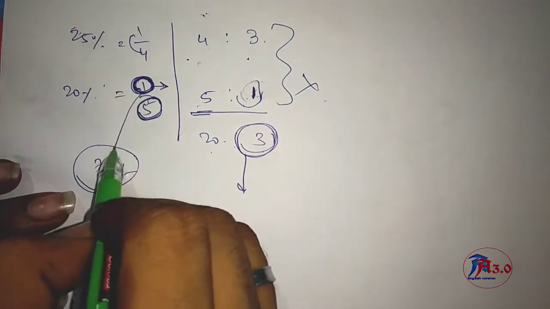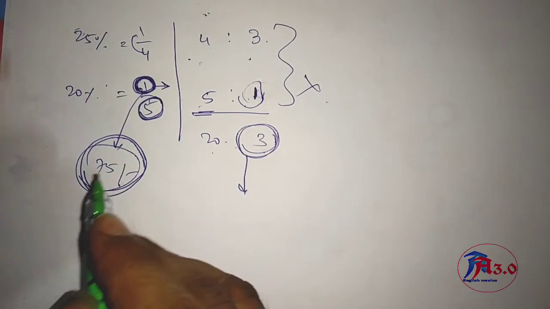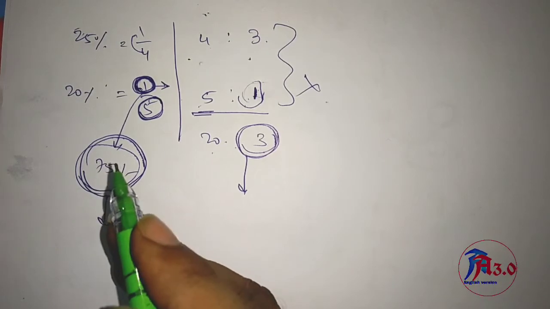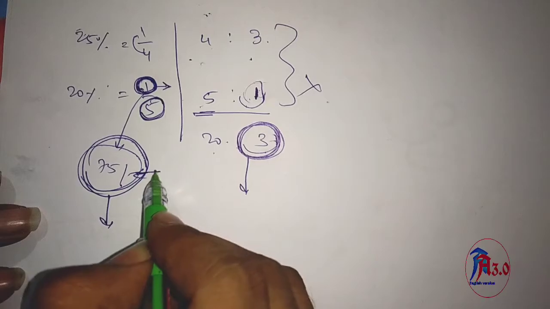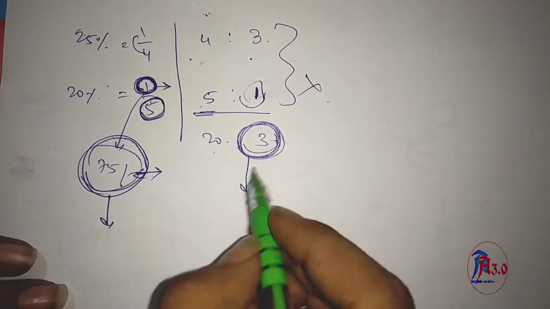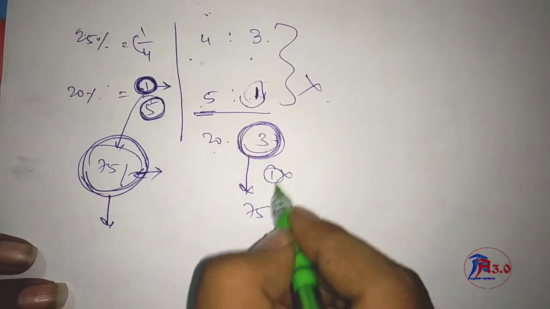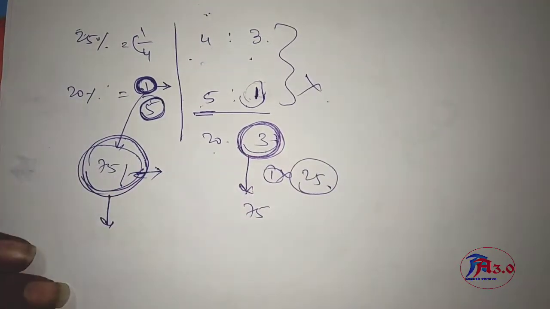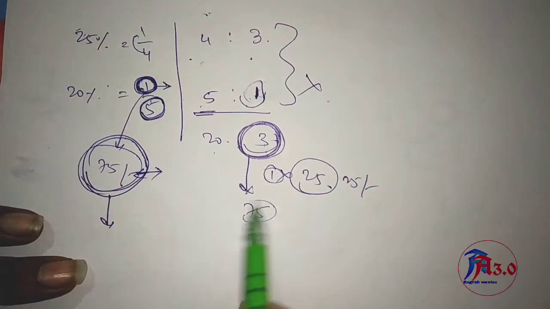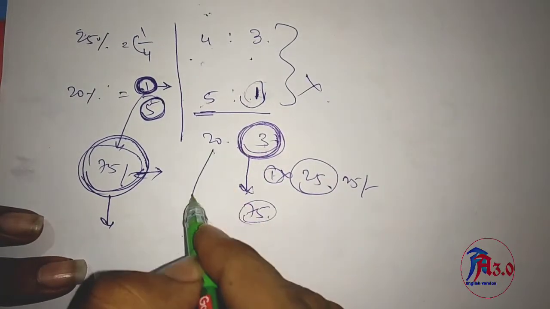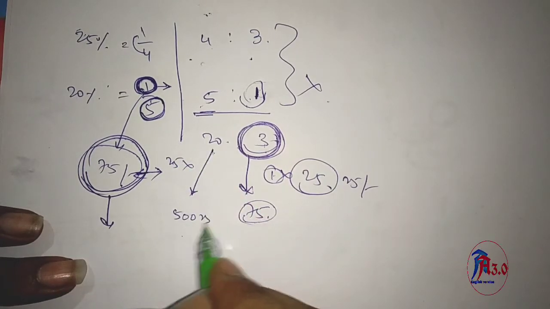In the condition of the question, the value of C is 75 rupees spent on recharging mobile. So this is the unit value of recharging mobile. So here 3 units is given as 75 rupees, and what about 1 unit? 1 unit is 25 rupees. Then what about 20 units into 25? 25 into 20 is 500 rupees. Answer.